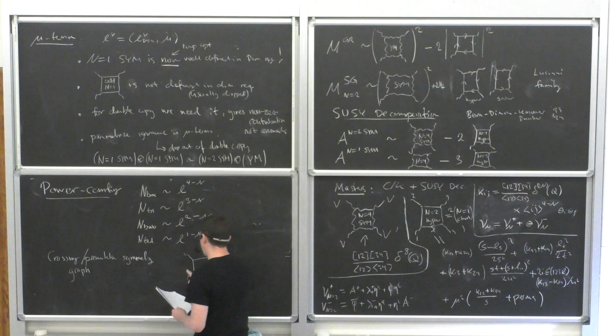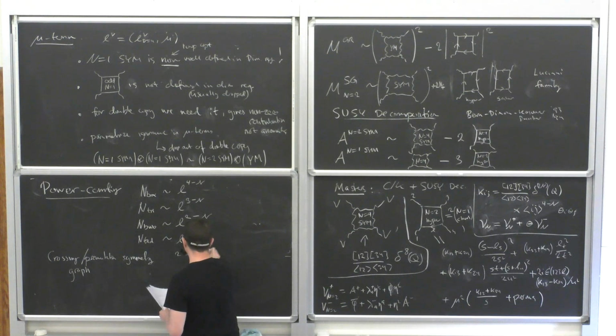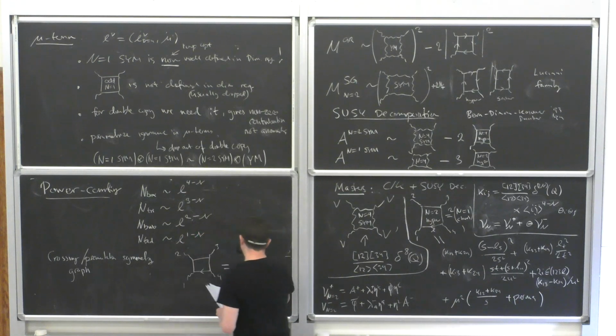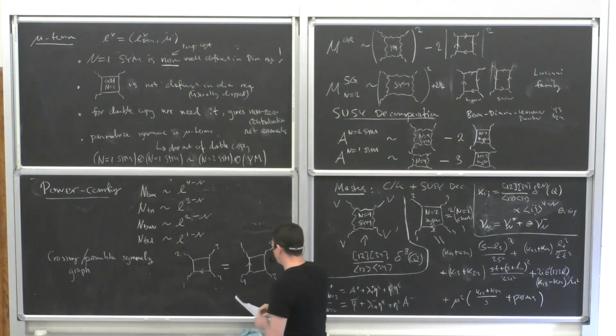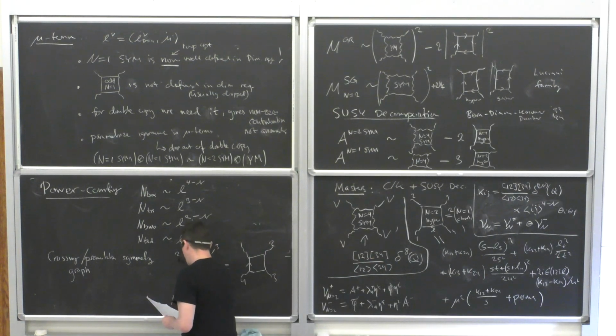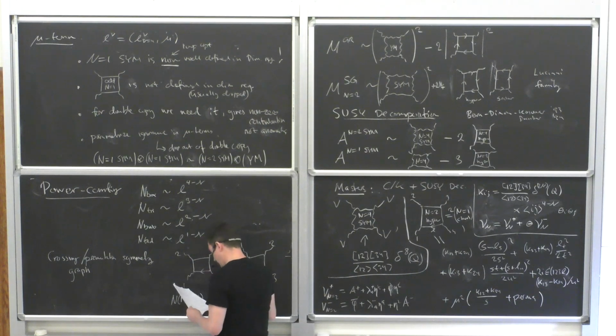So the box diagram has a dihedral symmetry, which means that I can just rotate it. So obviously that diagram is the same as this diagram, which I just rotate. And that actually is a constraint that I impose on my numerators. So this means that my numerator in the ordering 1, 2, 3, 4, comma L is equal to my numerator in the, what is it? So 4, 1, 2, 3.